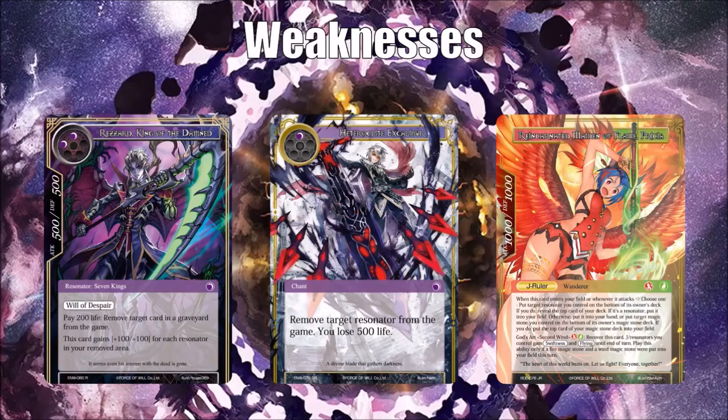The second on the list is Heteroclite Excalibur. This one is a little less effective against the Fox matchups with Demonic Dead, because normally your opponent is going to be sacking their Demonic Dead in response to this card's activation. But for any deck that wants to pump out a bunch of Resonators, put a Demonic Dead on board and have it stay there, Heteroclite Excalibur is probably one of the single best removal options you have for that card, being that you pay 1 will, remove target Resonator from the game, being of course the Demonic Dead, and you lose